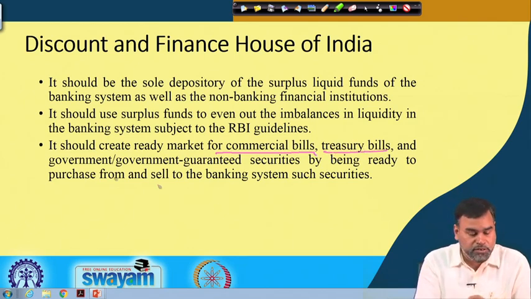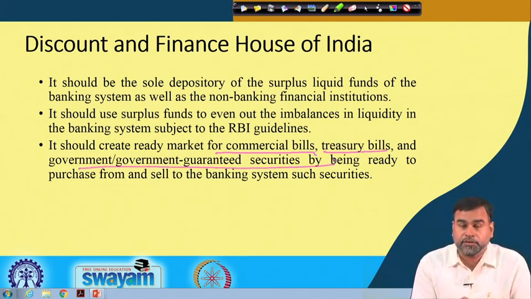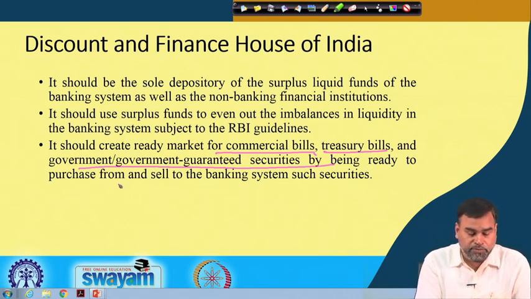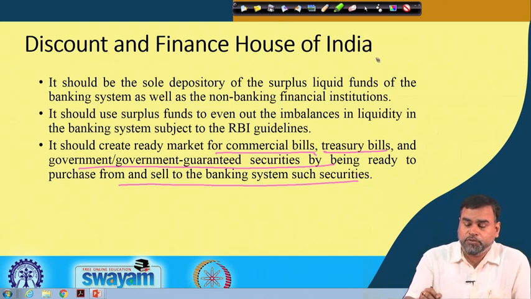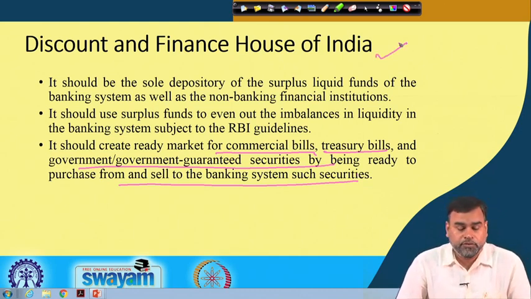That is why, as we say, these are the things which will be discounted: commercial bills, treasury bills and government guaranteed securities, being ready to purchase from and sell to the banking system, or discounting these particular securities to provide loans to the banking system, either in terms of buying or selling. So, this is the major job of DFHI in India,